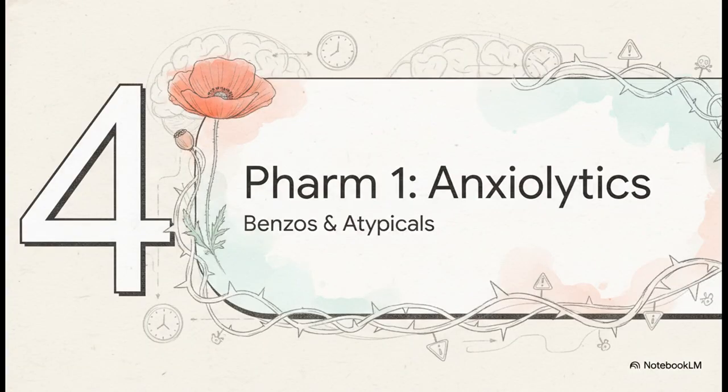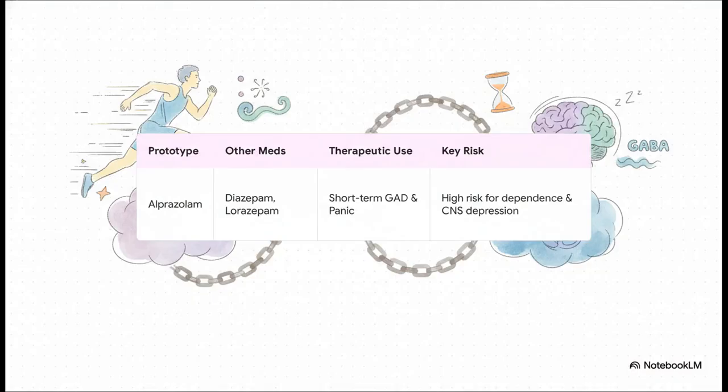And now it's time to switch gears to pharmacology. We're going to start with the fast-acting meds, the anxiolytics. These things can bring quick relief, but they come with some serious risks that you absolutely have to know to practice safely. Okay, so think of benzodiazepines as the sprinters of anxiety medications. They work incredibly fast by boosting GABA in the brain, which is basically the body's natural brake pedal. It calms everything down right now.